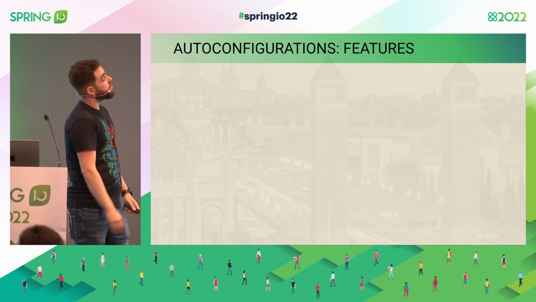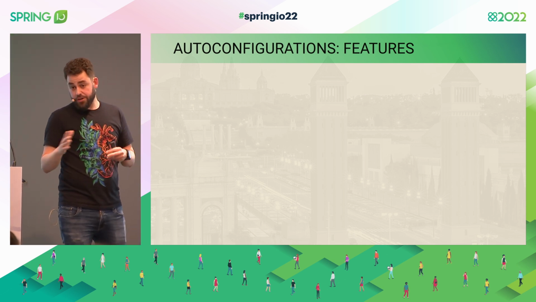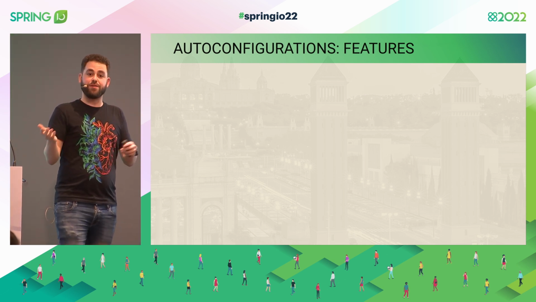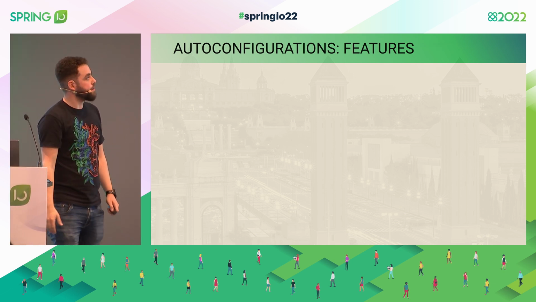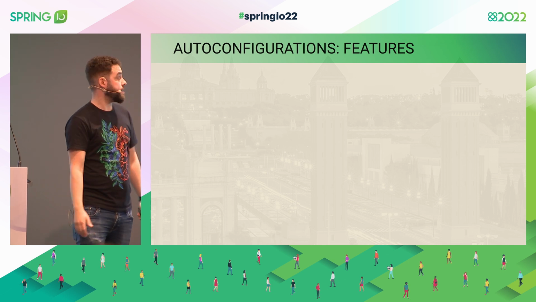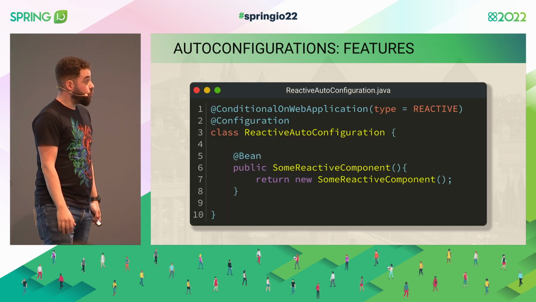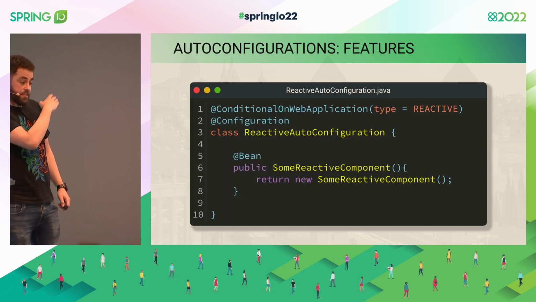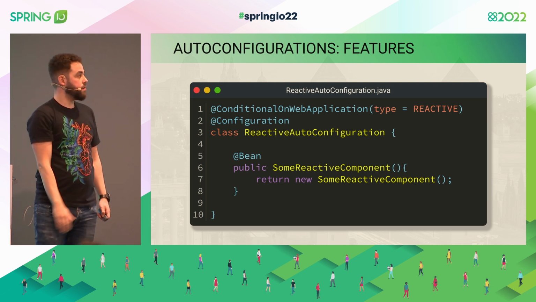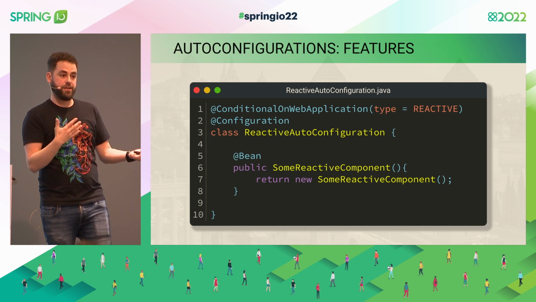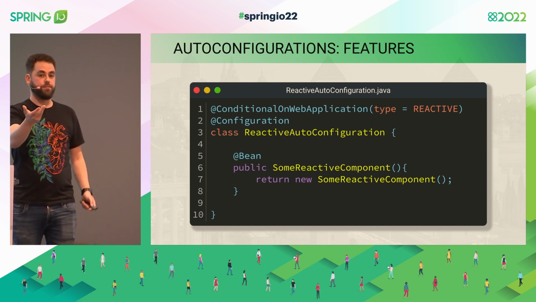OK, so now auto-configurations are not just configurations that are applied automatically. I mean, that's one of the use cases, but they are way more than that. And they have their own features that are very useful. So we can do auto-configurations. As I said, when they are on the file, they are going to be always evaluated. But they can be optional, so they can be conditional. They don't have to always take place.